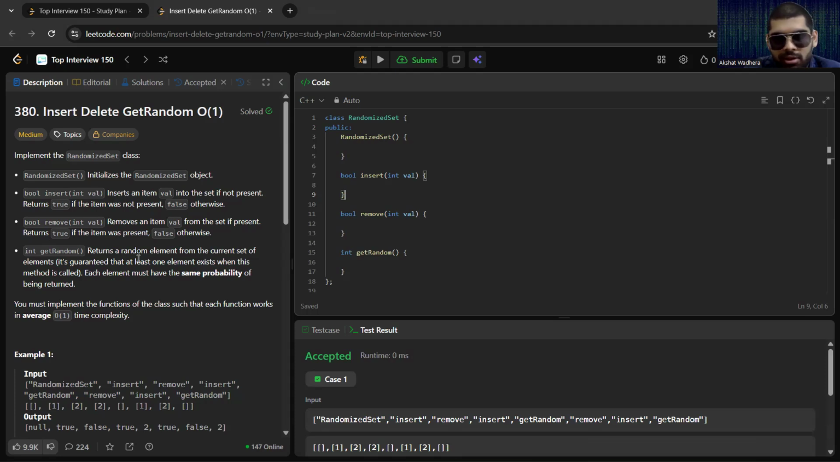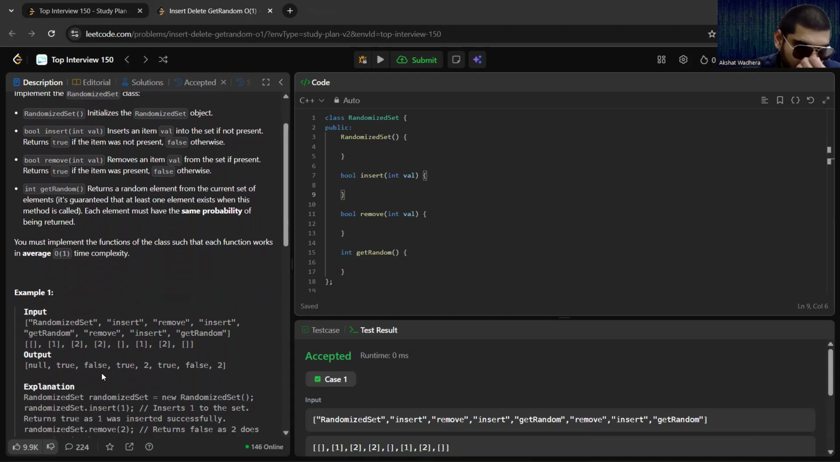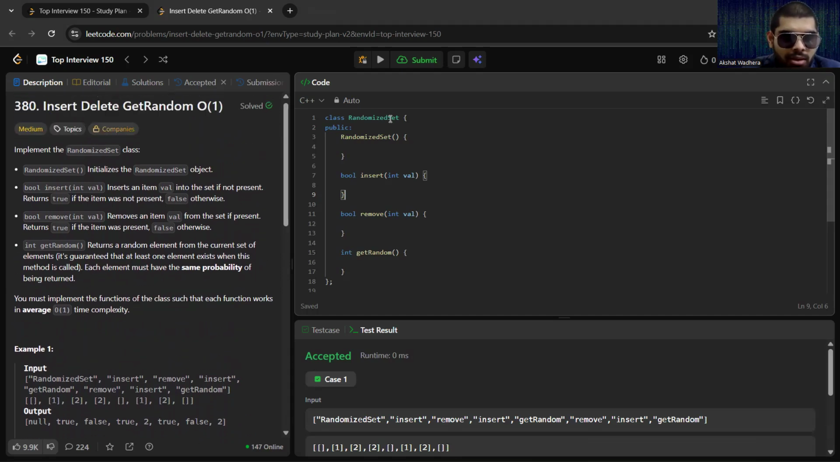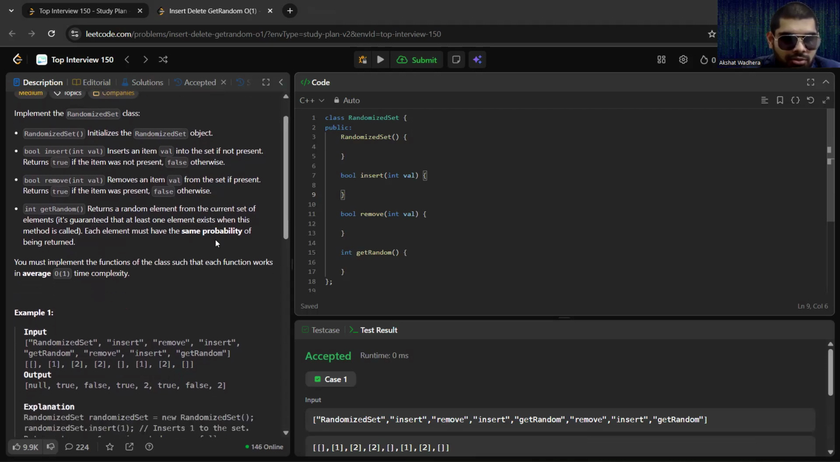And getRandom allows us to select a random element from the array with equal probability, such that, for example, if 1 2 3 4 5 6 are currently present in the array, each of them has an equal probability of being selected. So to do this question, the simplest approach is to